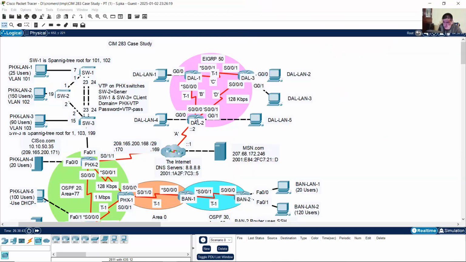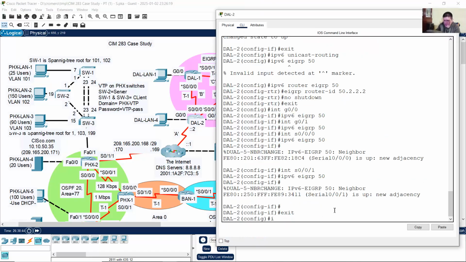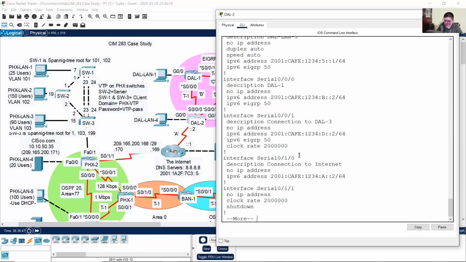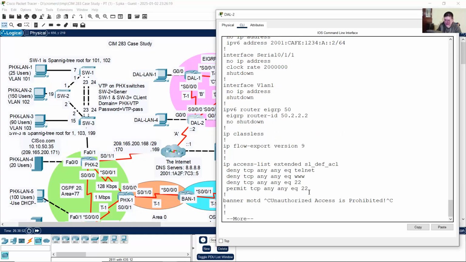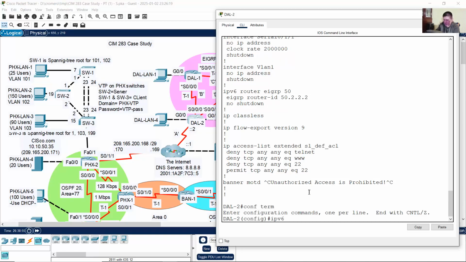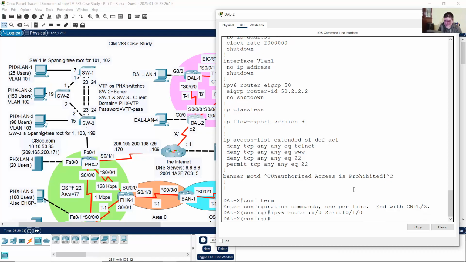Exit, show run. The connection to internet, serial 0/1/0, okay. Configure terminal. IPv6 route, the default static route to reach internet, and use that interface, serial 0/1/0. We'll propagate this